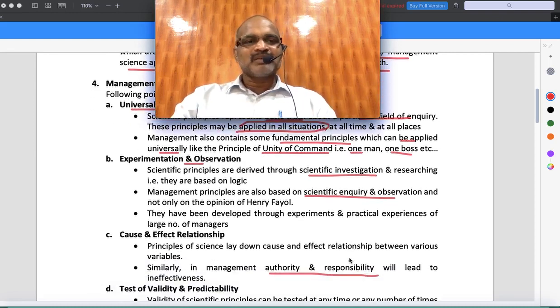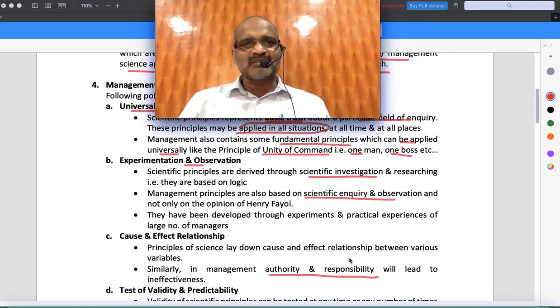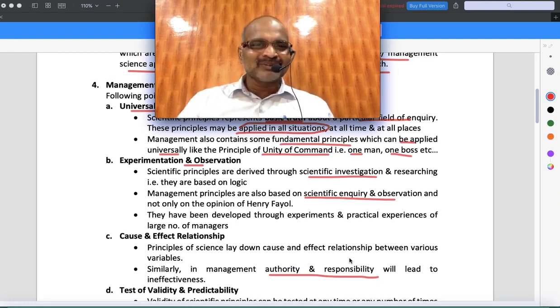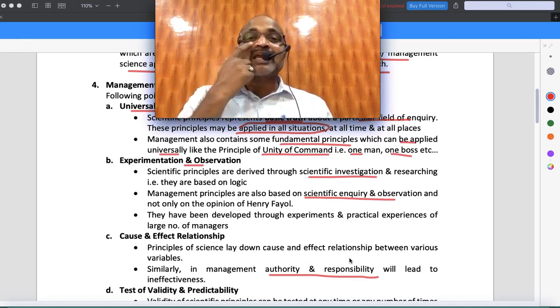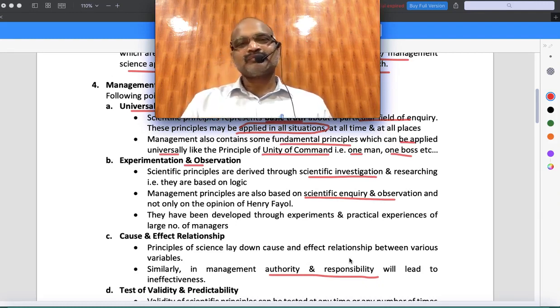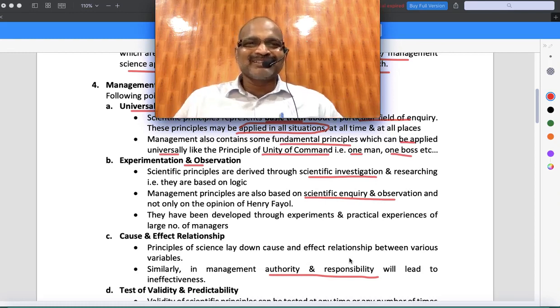Everybody clear? The best example in experimentation, and I say some, because I want to tell you that not 100% of management principles can be experimented in all places. When I was teaching in Hyderabad, the situation in the classroom was that girls and boys would be separated. In typical Telugu culture we always have girls and boys separate, with a distance of 1 kilometer between them. Even in Bangalore, South India, it is like that; North India is different, and West India is a little different.